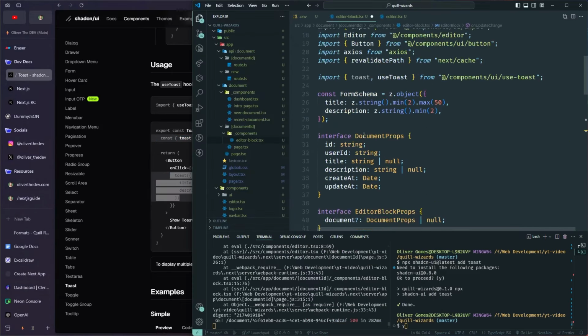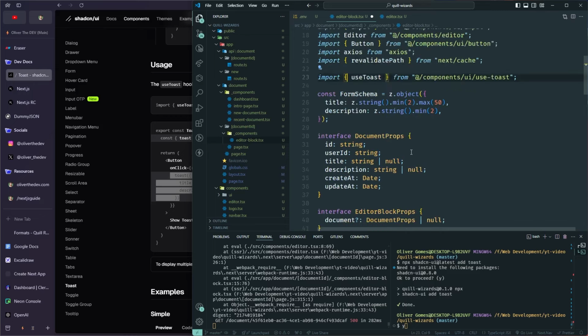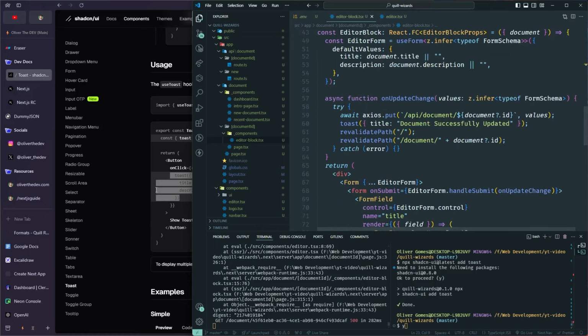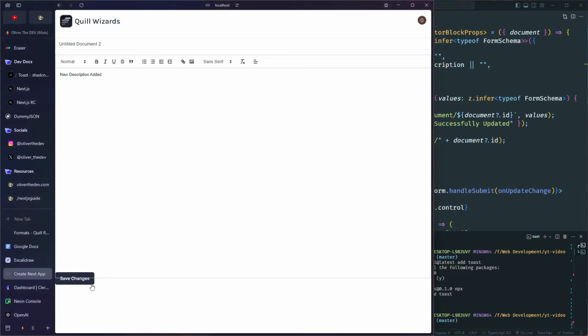So that's not coming from there. So we need to delete that other toast. We're using that toast right now, the hook toast. So that is being used over here. So let's start checking it out. Save changes. Toast should appear. Document successfully updated. Perfect. That's a good UI